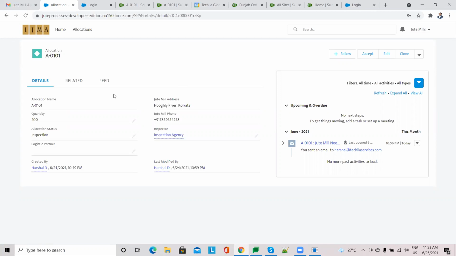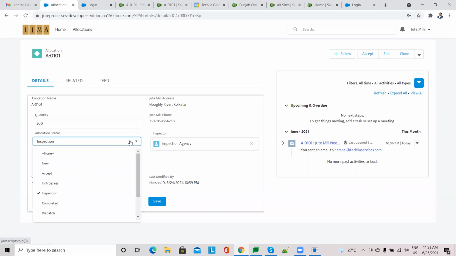Okay, the status is in there. It seems like there's an issue. The bar is not coming up, which we can get added. So eventually the jute mill officer will come up over here and again update the process as completed.